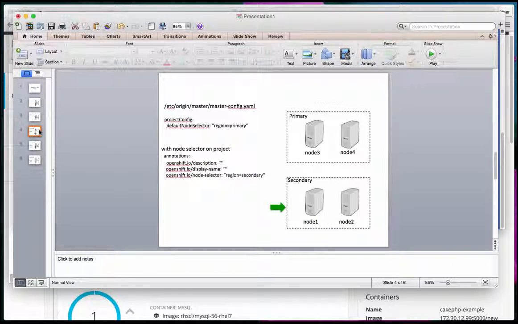Second, we talked about how you can define the node selectors at the project level, where any components within that project would go into whatever labels are given in the node selector. Third, we talked about leaving the node selectors at the project level open, but providing node selectors in the deployment configurations of the individual application components that are within the project,